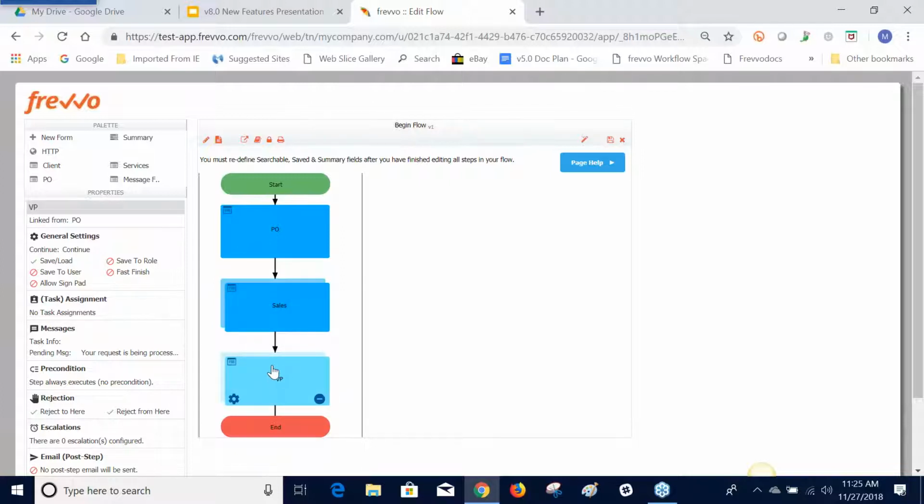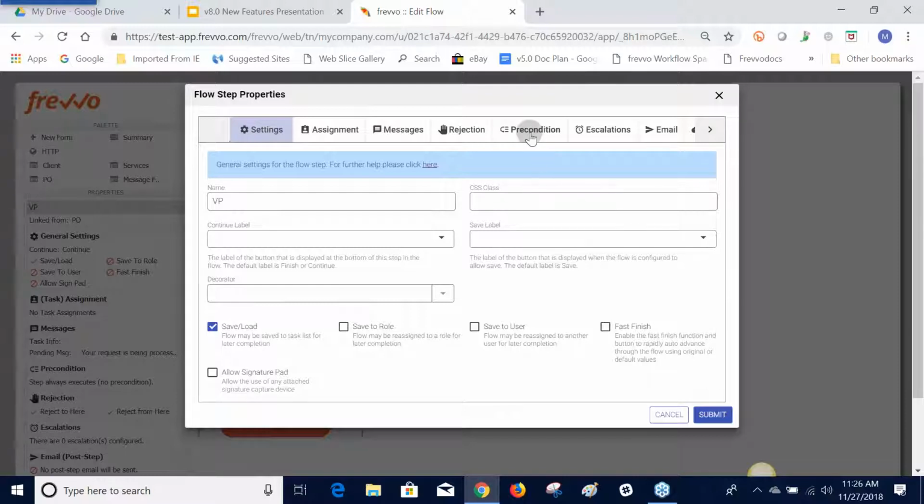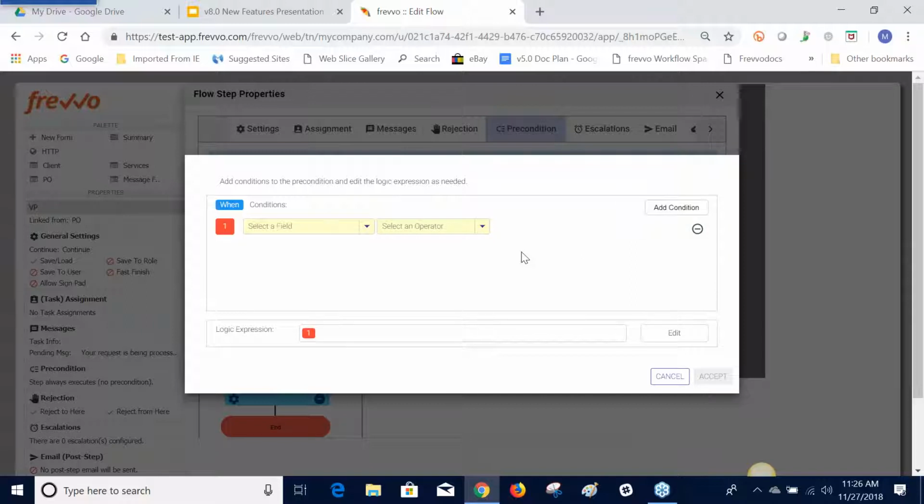All right, let's say I want to set up a precondition here on my VP step. Again, I could click here, click the cog, I could click in here, or I could click there and select the precondition tab. Note the precondition builder is on by default, so I'm just going to click the edit so I can do one. So let's say I want to add a precondition that says if the total amount is equal or more than 10,000,